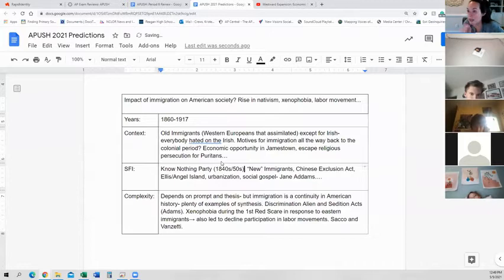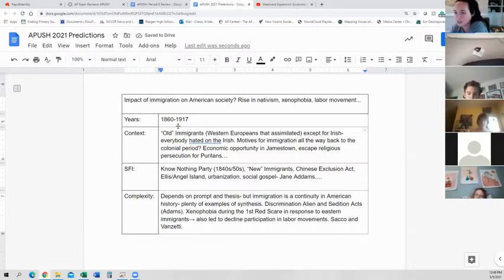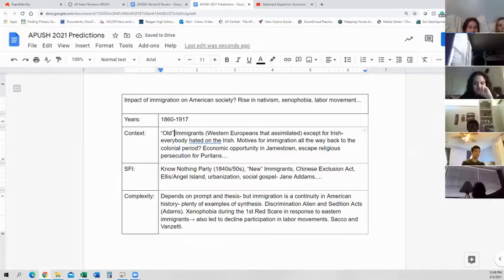Because if your time period starts in 1860, Know Nothing Party would actually be contextualization; that wouldn't count towards SFI. Okay. Do you guys remember the old immigrants versus the new immigrants? Does that sound familiar at all? Is the old immigrants idea like the original American colonists, the people that came early, versus